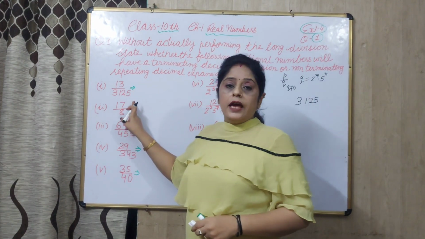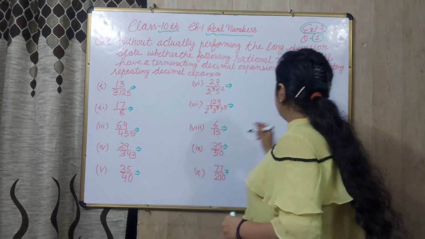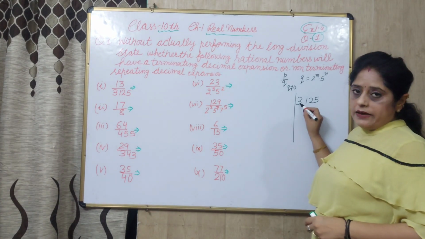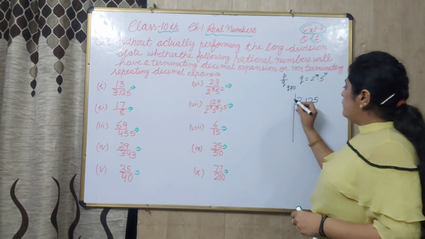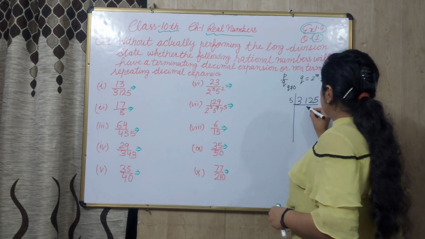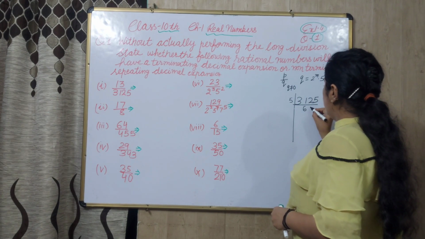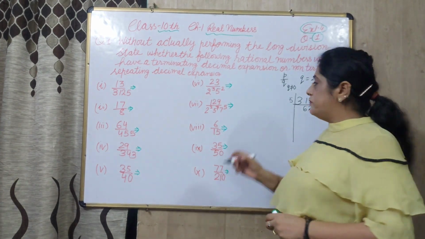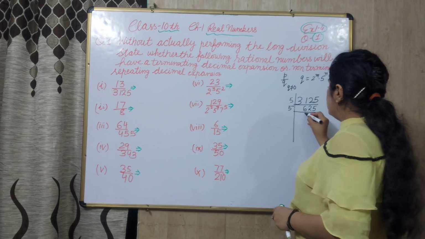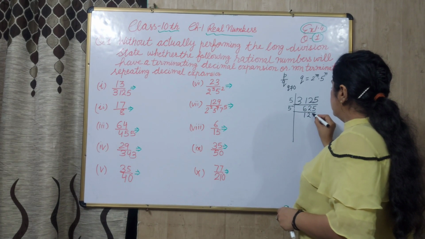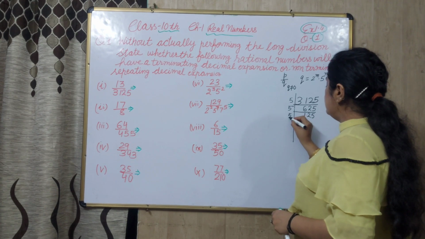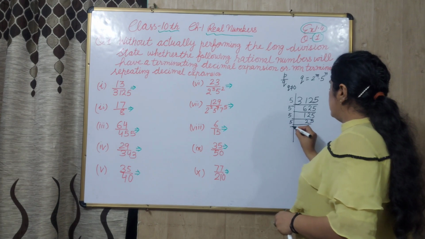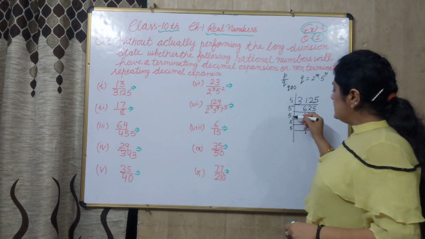First, 13 upon 3125. Our P is 13 and Q is 3125. We make the prime factors. When we check 5 and 2, 7 and 8 and 3, 11, it is not divisible by 3. We will divide by 5. 5 6s are 30, then 1 carry, 5 2s are 10 and 5 5s are 25. Again it is divisible by 5. 5 1s are 5, 5 2s are 10, then again divide by 5, then again divide by 5. 5 is repeated 5 times.